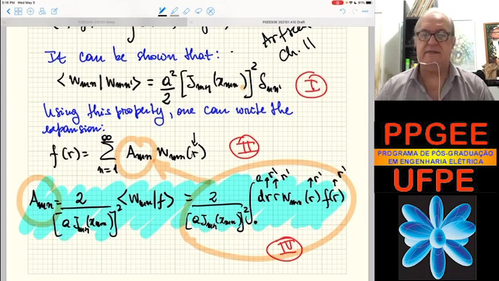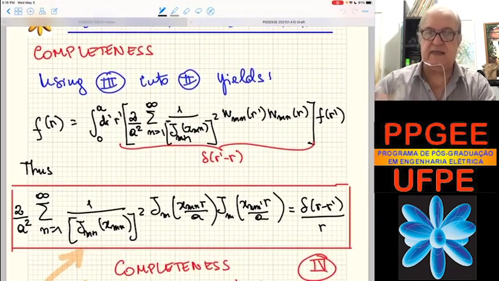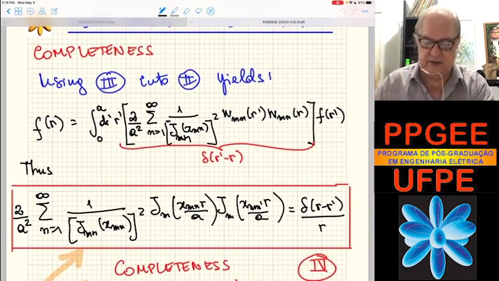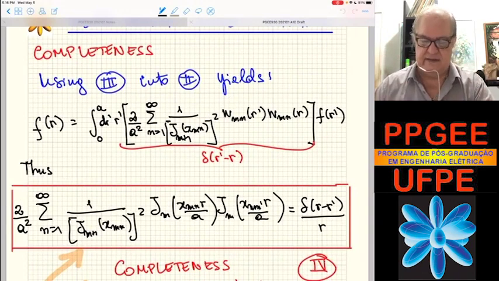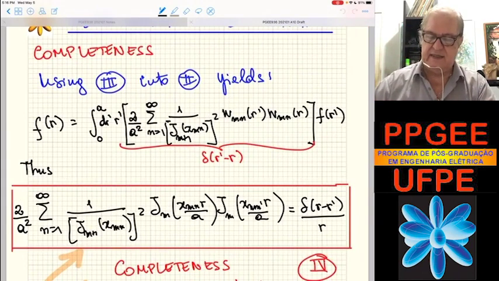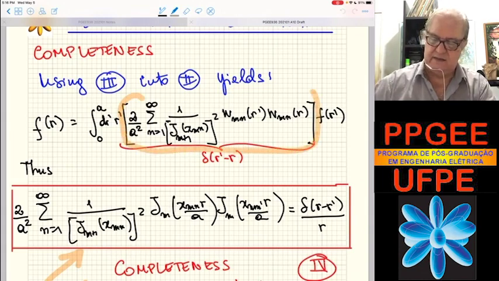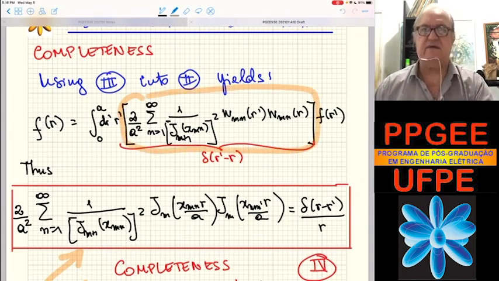So when we do that, we see that, do that demonstration, right? It's just a matter of arranging the terms. So you see that this term here within brackets is the delta function of r prime minus r, because you see that